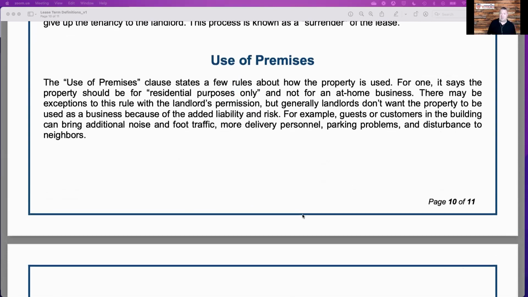So next thing, the use of premises. The use of premises is another clause that's there to support how people are to use the residence. The premises are to be used as a residential home. They're not to be used, for instance, as a business, which we did talk about in another episode. None of those things can happen. The premises is to be used as a home, as a residential dwelling, and that's really about it. It's used to reinforce what the property can be used for and how the resident is going to be using it.